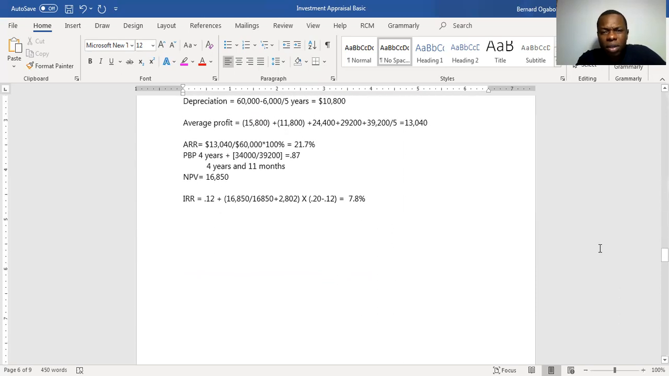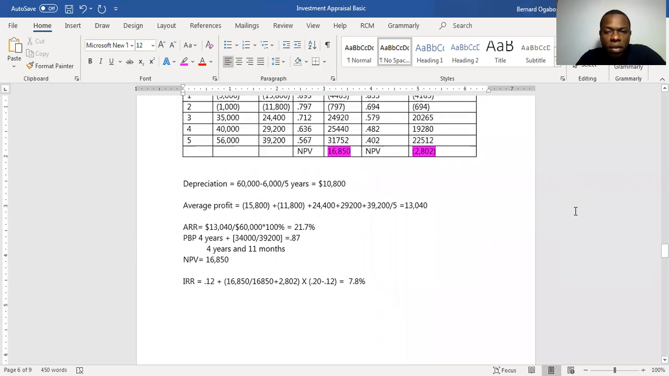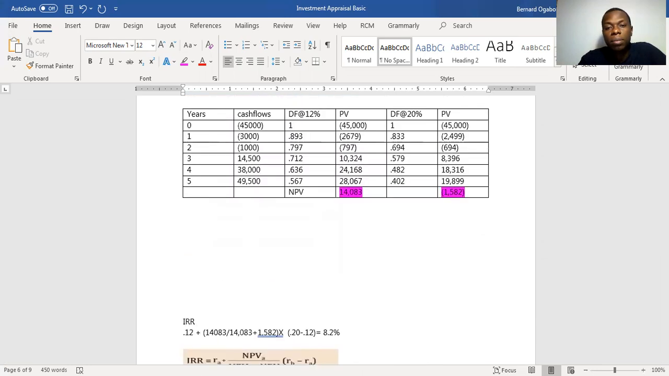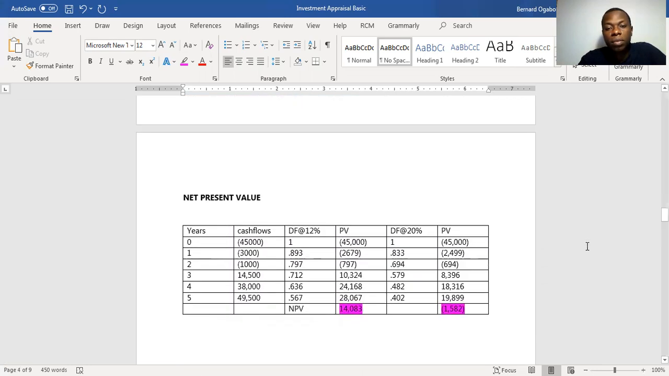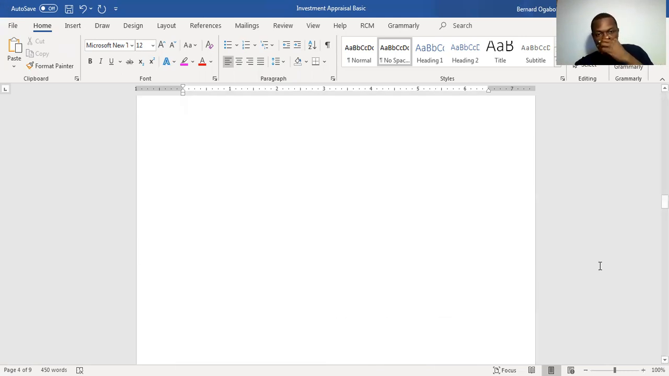So we have come to the end of the requirements. When we go to the second video, then we look at profitability index, which is pretty easy anyway. But for now, for the first machine,